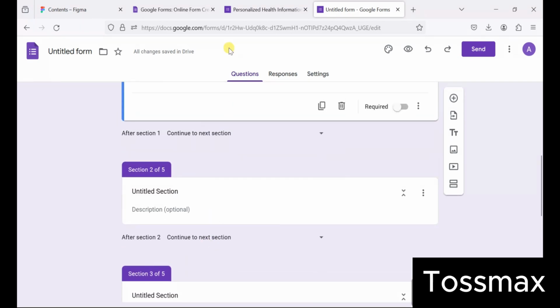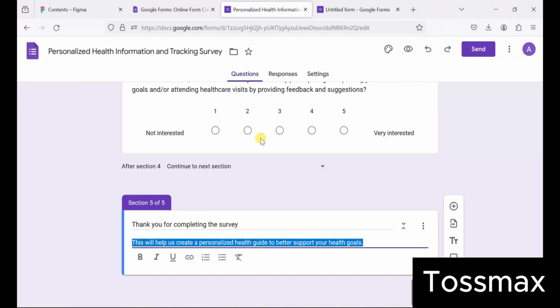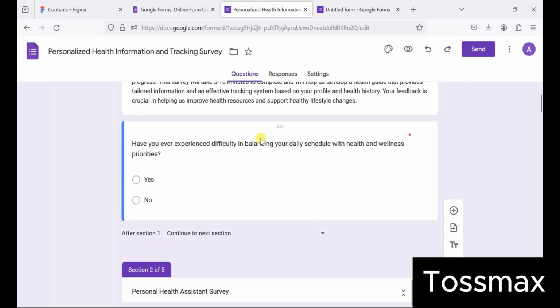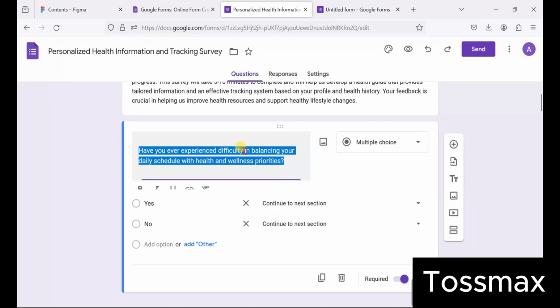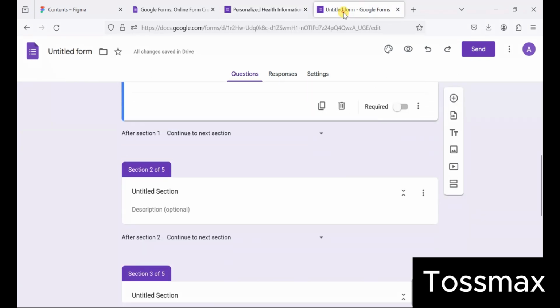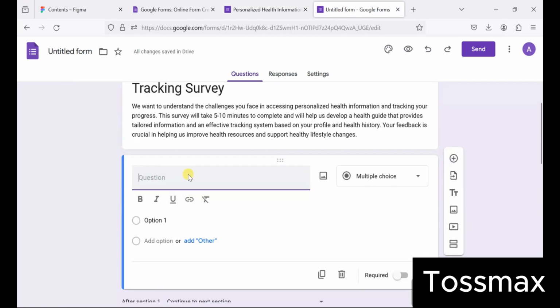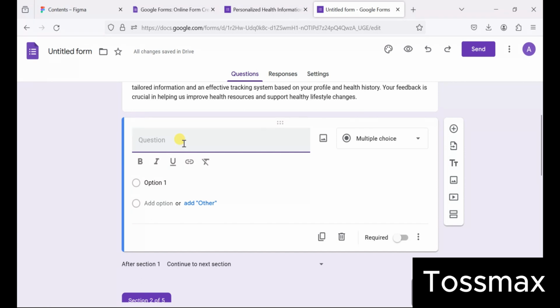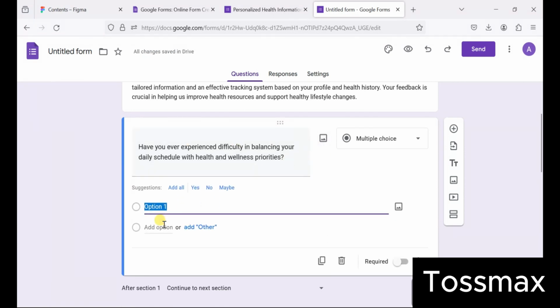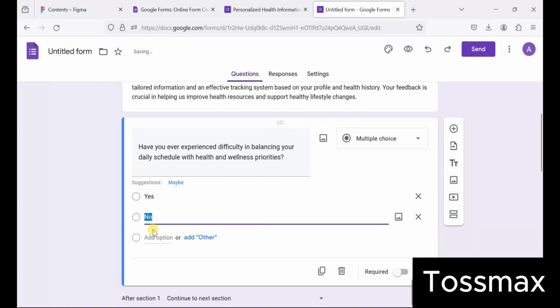So I'll go to the one I've done already. I'll go up. So this is my first question. So I'll copy it and come here. It's a multi-choice question. So I'll paste the question here, multi-choice, and I'll change the option to yes, and this one will be no. So the next one,